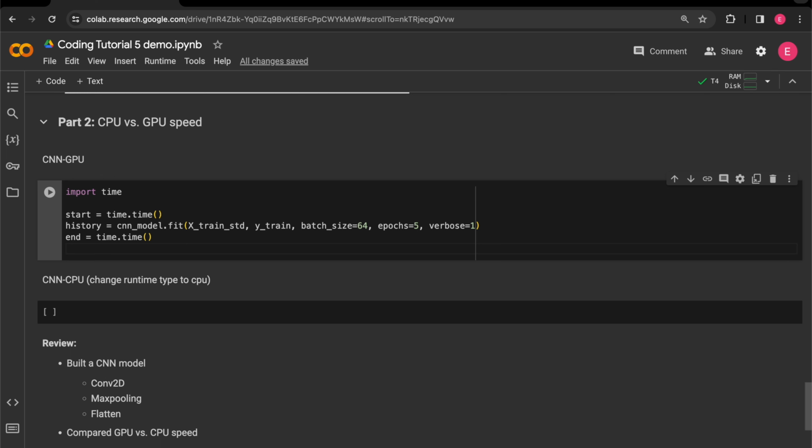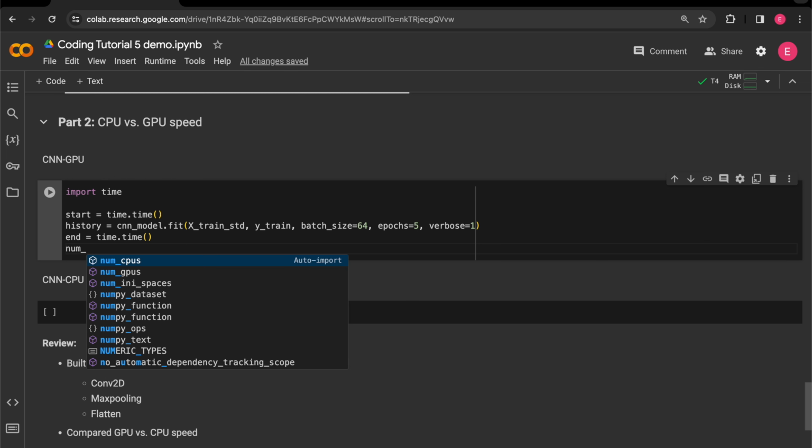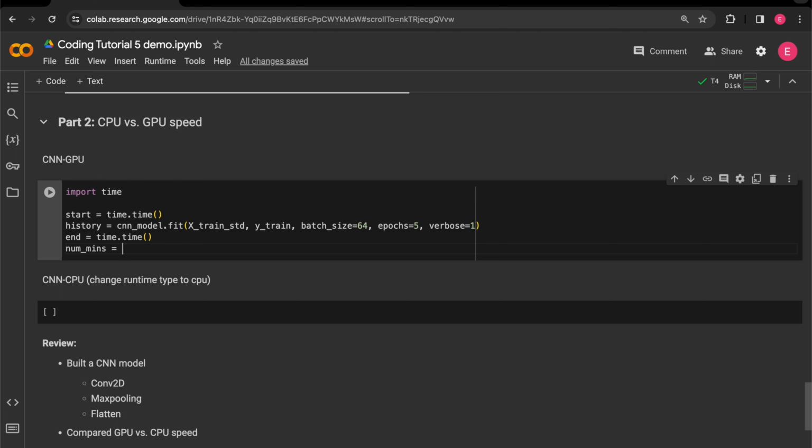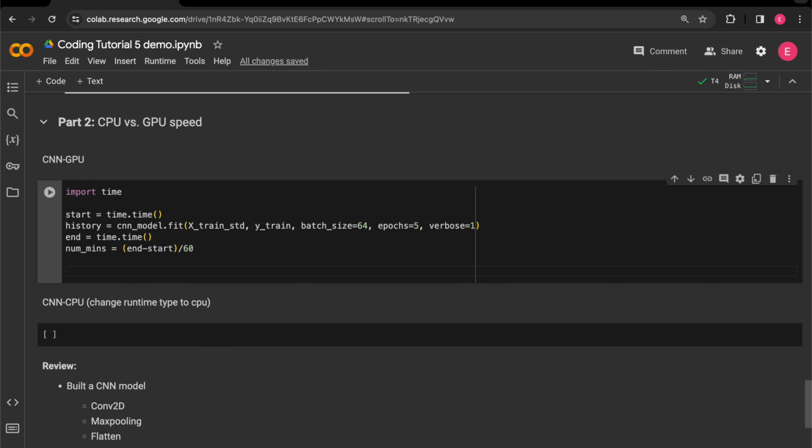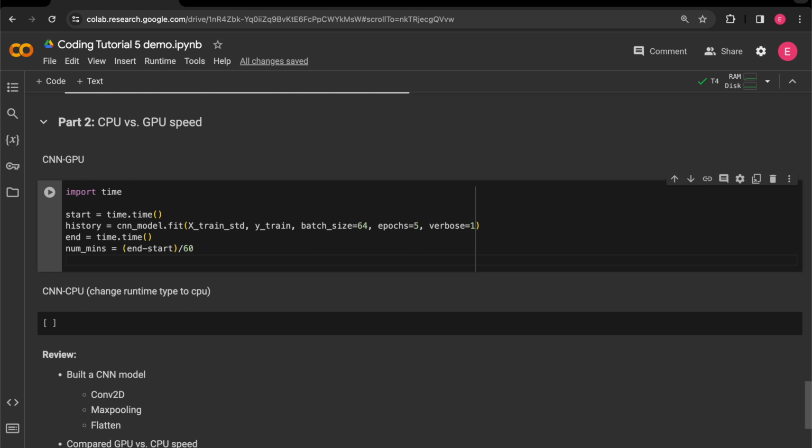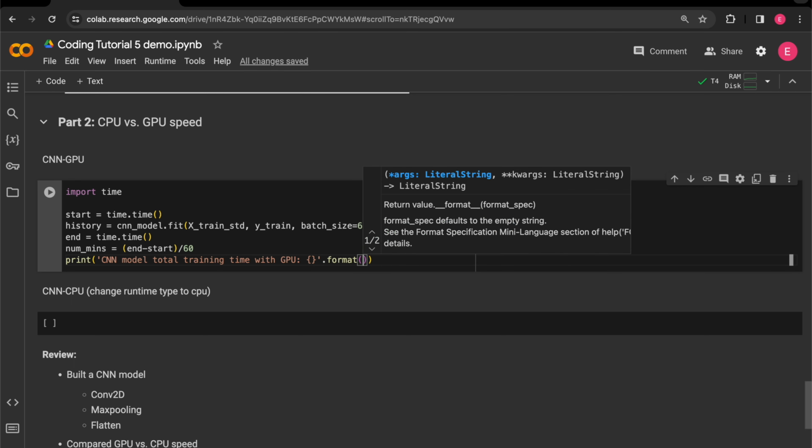And then the minutes it took to run it would be end minus start. And then that's seconds, so divide by 60. So print CNN model total training time with GPU is